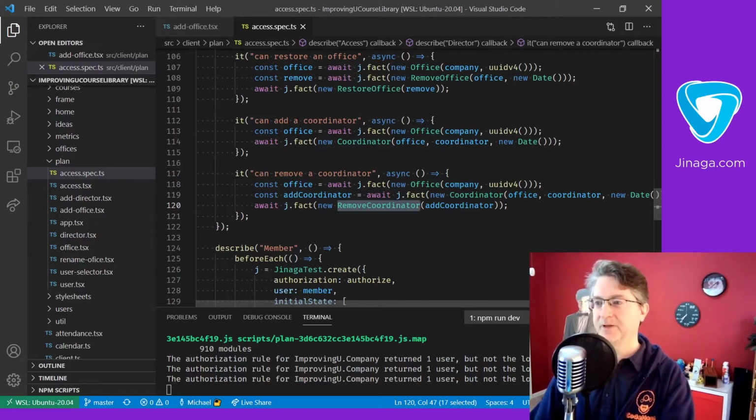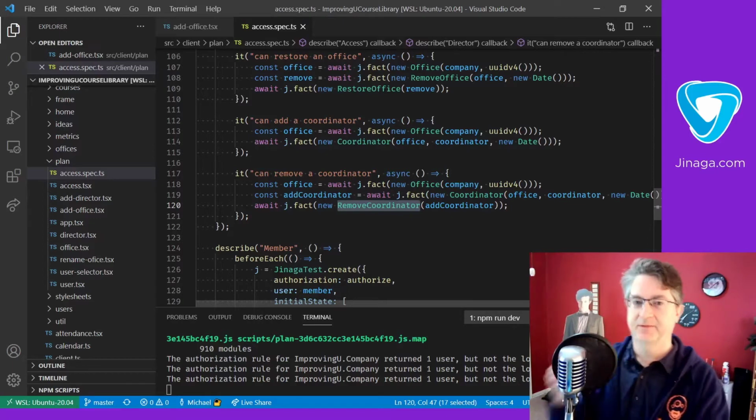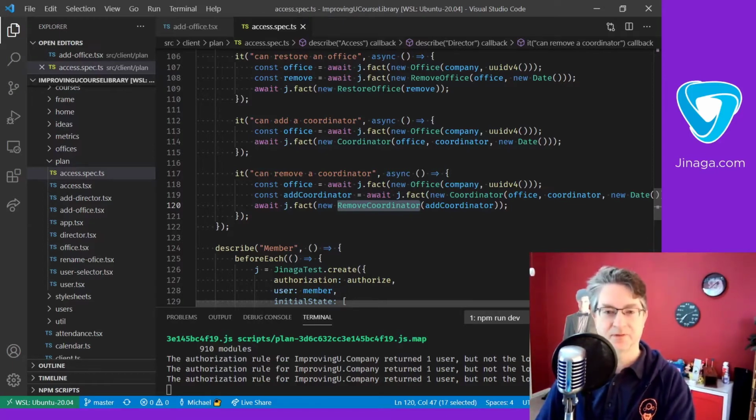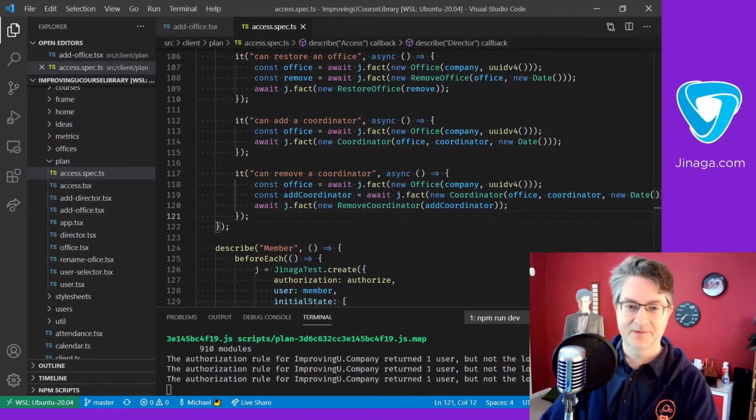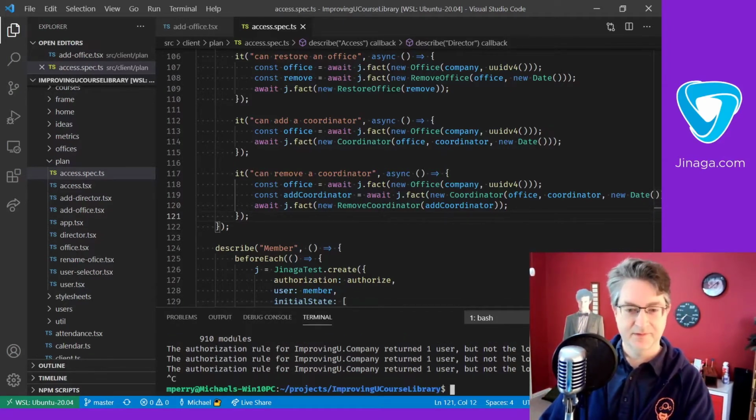So, by the way, how do we see all of the coordinators in an office? That sounds like a great use for a test. Okay, let's skip this and let's go to